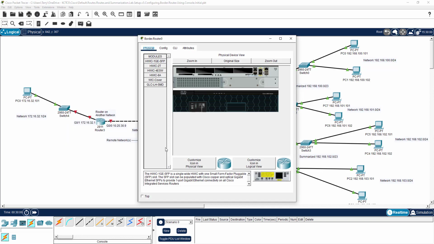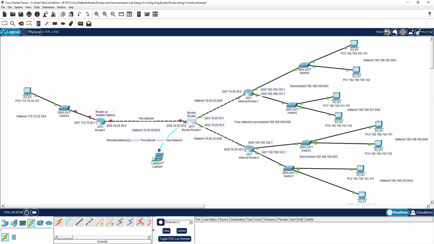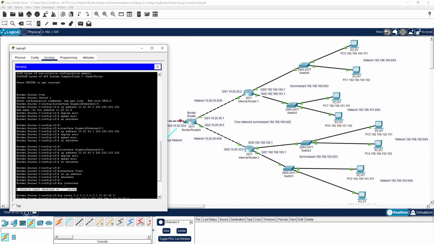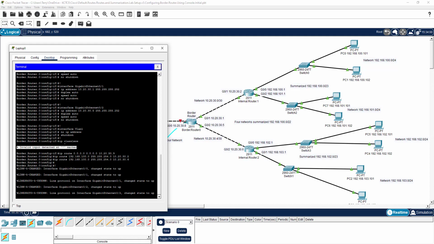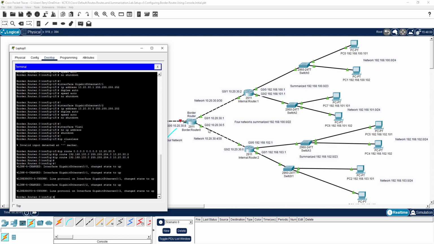So let's go back over here, and I don't need to do that. I can go right here. Let's look at our configuration here. And as soon as I looked at this, I realized that, notice my route summarizations here. When I copied this, I didn't change this octet. So this should be 102. So if I come back here, press enter, get back to the prompt, and if I do another copy and paste,